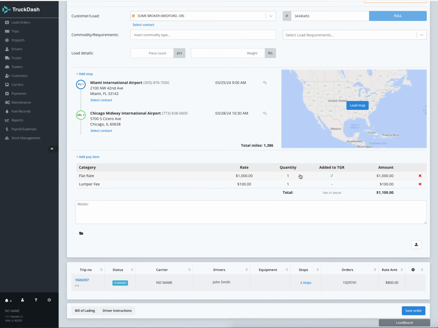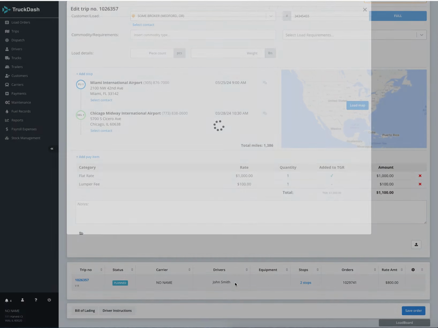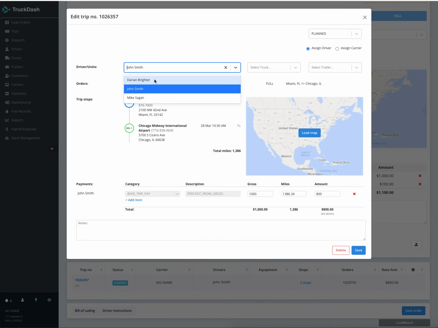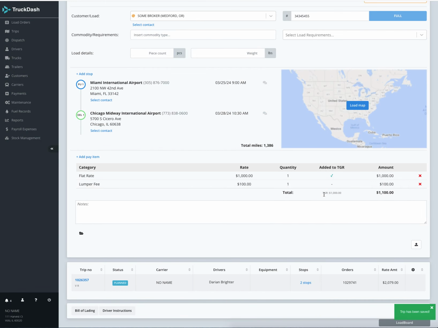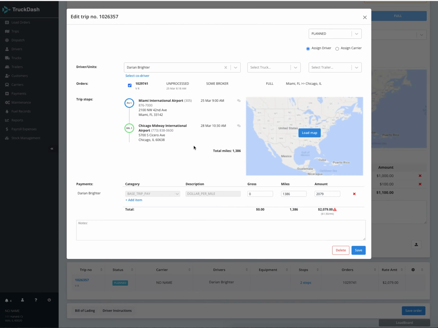Okay, so to summarize, basically add to the trip gross rate only those payments out of which you want to pay also a part to the driver, in case the driver is paid based on percent from gross. If we have a driver that is paid based on miles, in this case, this driver is paid per mile, then the trip gross rate is not considered, so it's not used when calculating the trip payment for the driver,